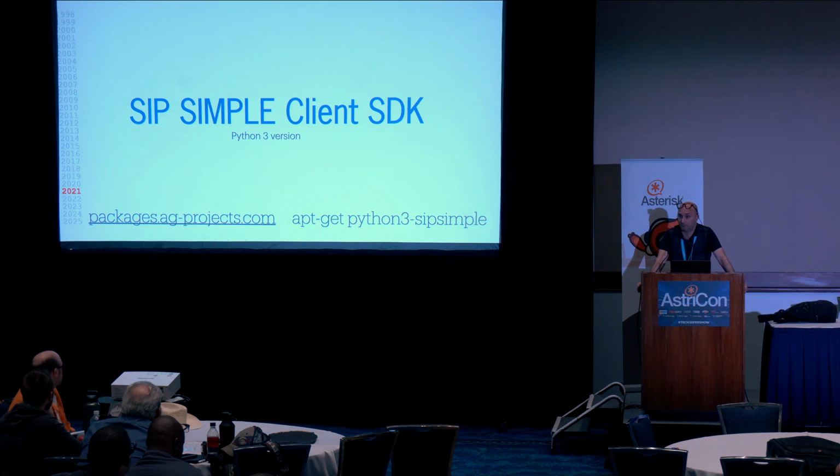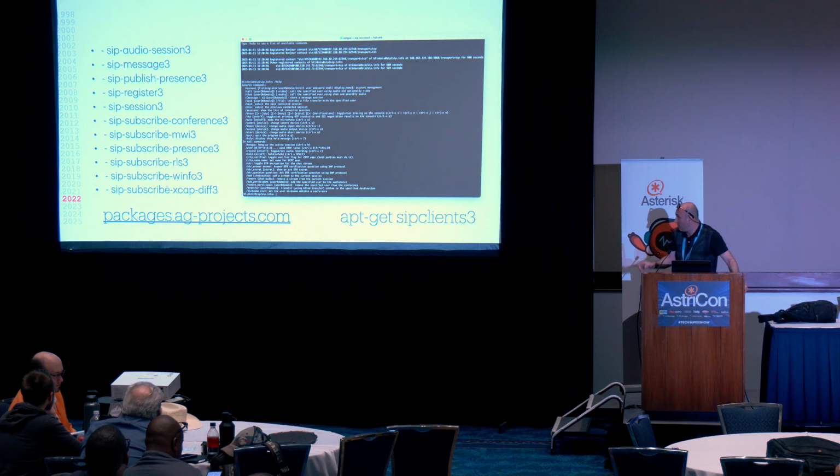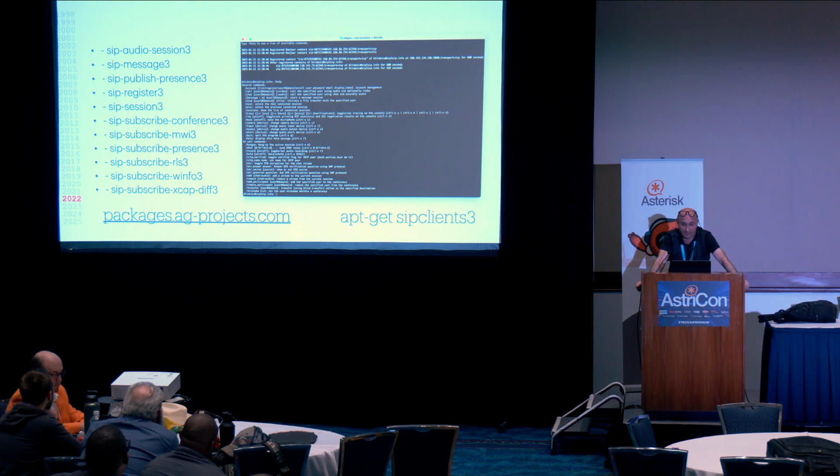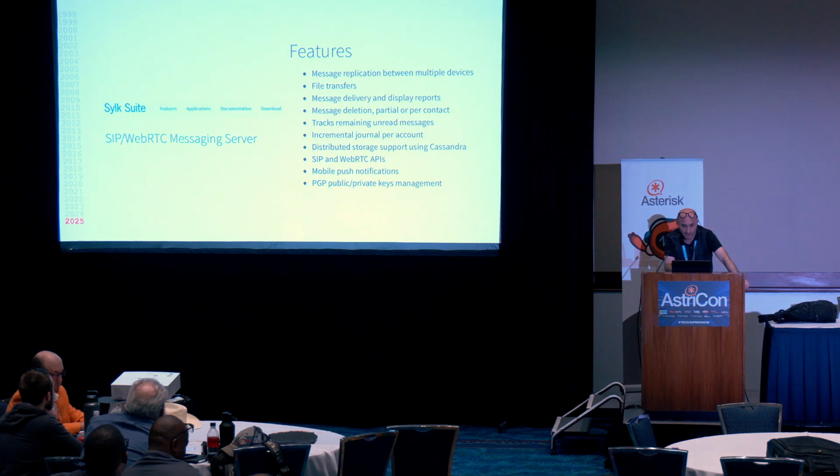but SIP servers as well, and application servers that are used for SIP. The command line clients are much, much better. You see, the terminal is much larger and much higher, so it becomes better and better. So now everything has the 3 suffix. So if you do apt-get install, just add a 3 at the end. That's the Python 3 version for everything we have created. So those who like to live in a terminal can continue living there, like Tom Hanks.